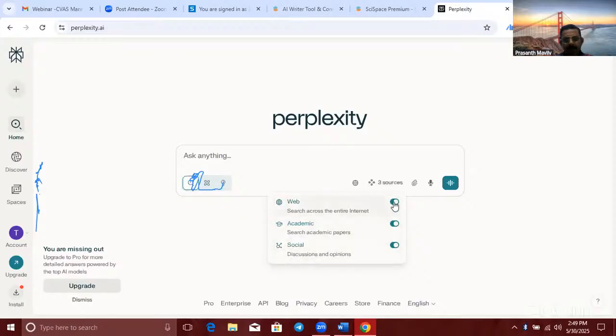See, now we'll go for academic. You can upload a PDF like we have done in SciSpace and ask questions. You can dictate it also. Okay. Now we'll have a query related to something.